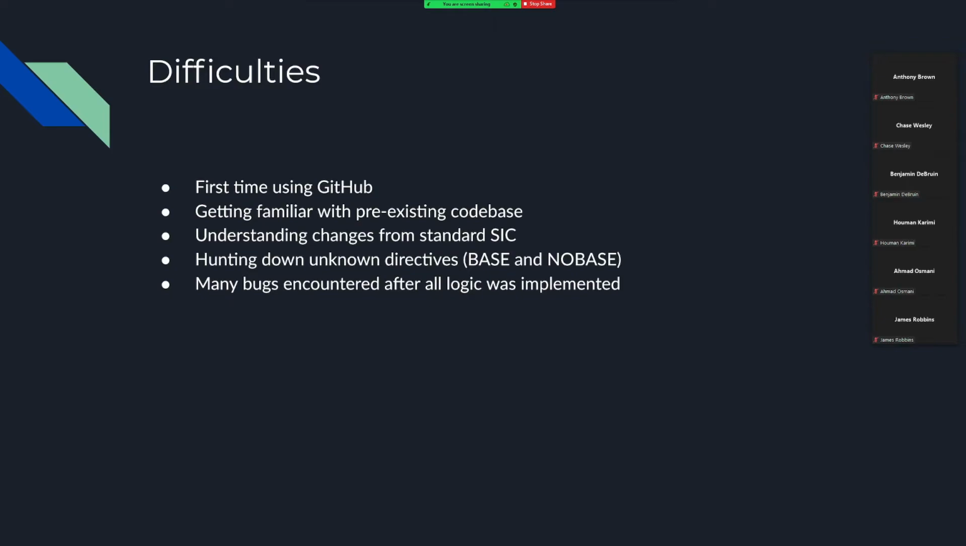Understanding the changes from standard SIC. One example of this, obviously, location counter movement was a lot more flexible with the XE. Hunting down unknown directives, the base and no base. These are 2 directives that we didn't even really find out about until later, they weren't in the documentation. And then obviously at the end here is the bug fixing that we had to get covered after we implemented